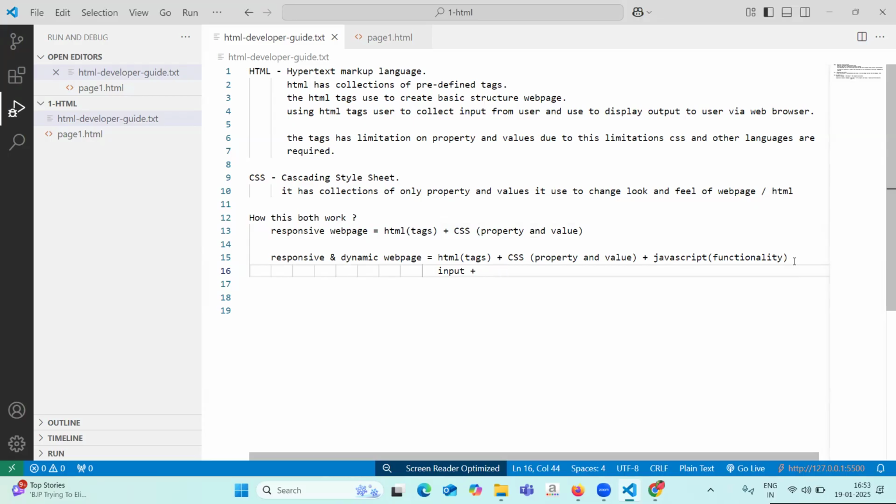CSS will take care of look and feel. Plus JavaScript will do the processing. So we divided the total task into three pieces: input and output through the HTML, look and feel through the CSS, plus data processing through the JavaScript. So these three ways you are going to mix these languages and make a smart web